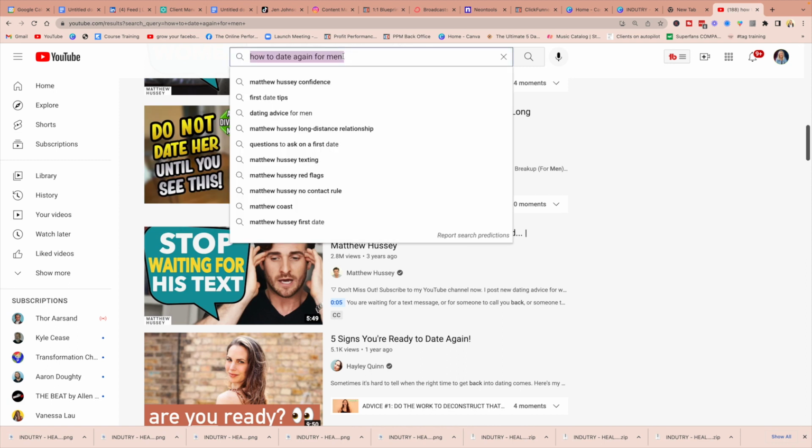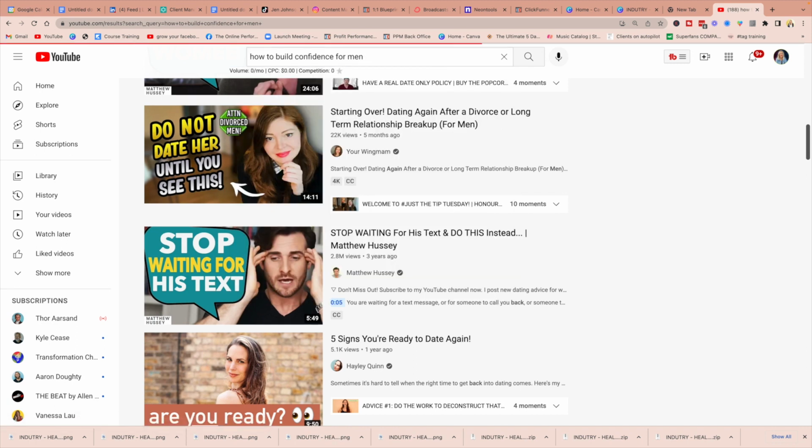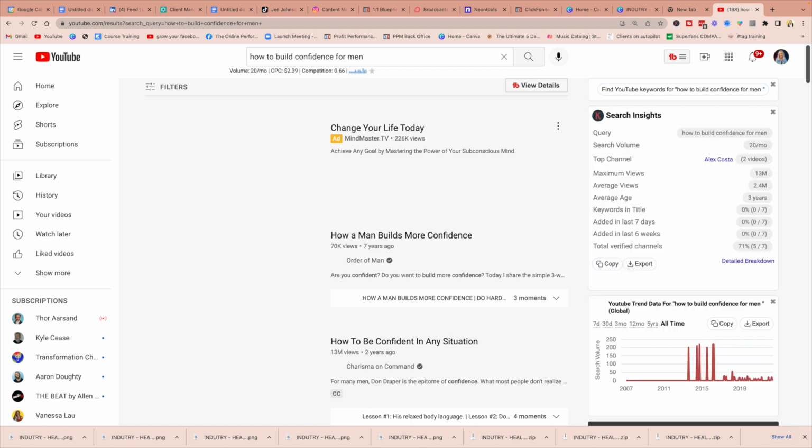Another keyword, or another pillar, sorry. So when you have your pillars, it helps you come up with multiple things that you could talk about within that pillar. So now another pillar that we had was how to build confidence for men. Okay, so giving men confidence could be very different from women, right?